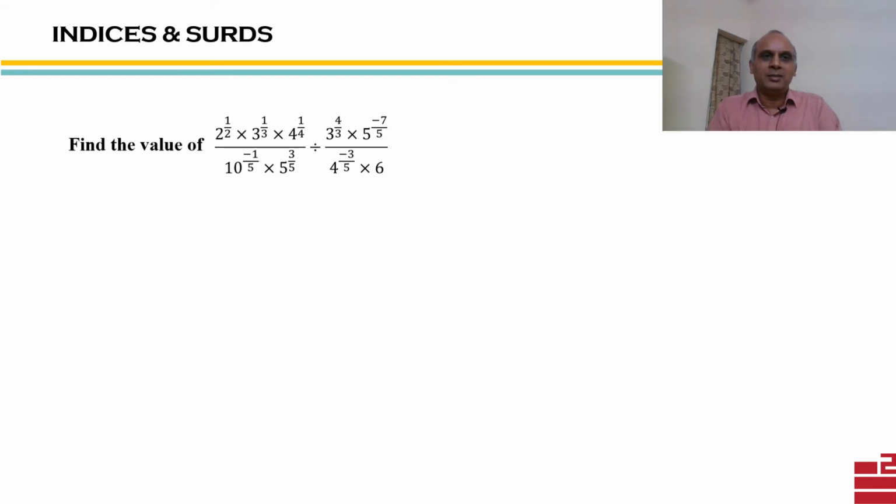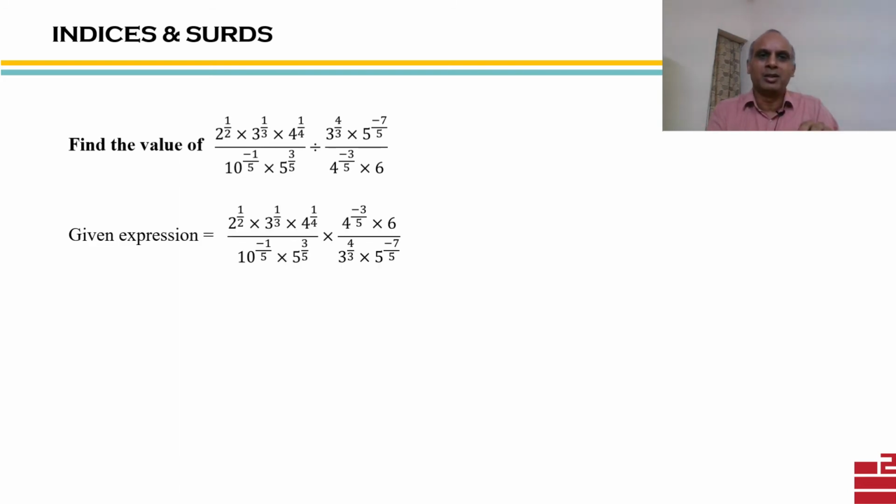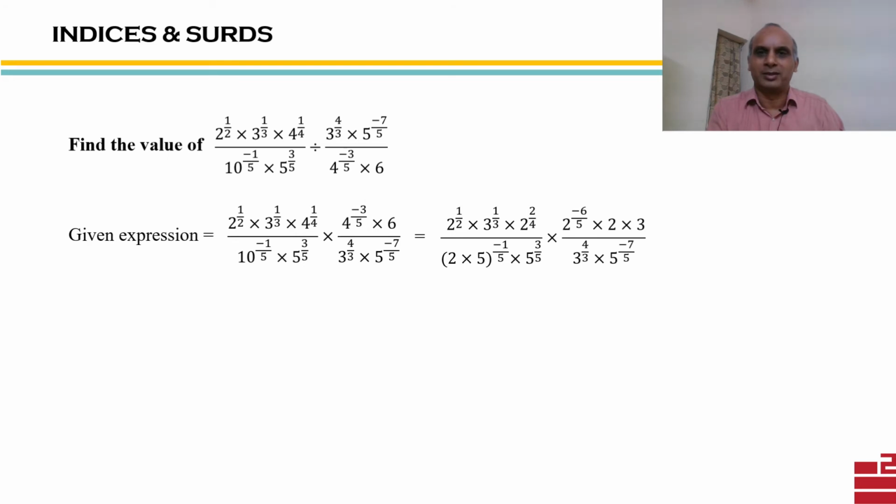Okay, now we have another big problem waiting for us. Here we see in most of the terms the powers are in fractions. Now in such cases, first get rid of the division symbol. We'll convert it into multiplication symbol and take the reciprocal of the second fraction. That we have done. And our next step will be that in the base, wherever you see a composite number which is not a prime number like 4 or 10 and so on, we convert them to prime factorization, prime numbers. So 4 becomes 2 squared, 10 becomes 2 into 5 and so on and so forth. We will get this kind of expression.